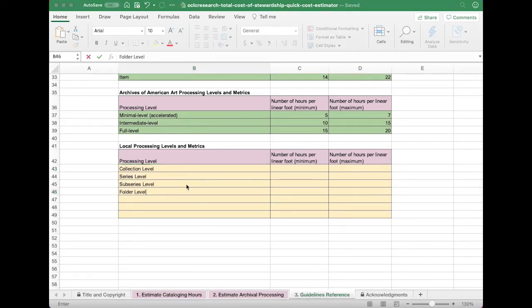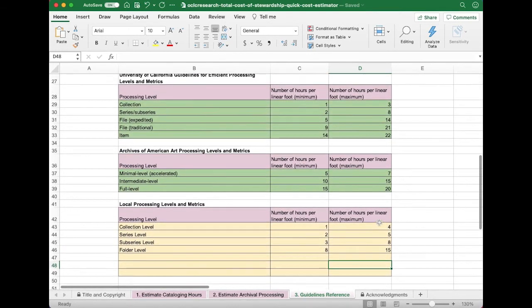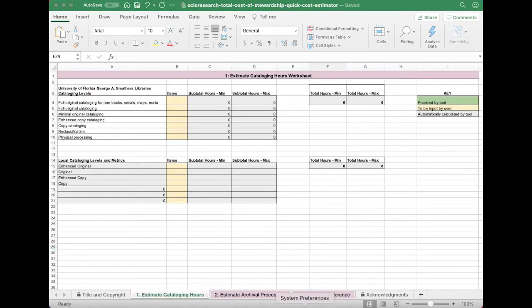Okay, I've specified my 4 levels, and now I'll go ahead and enter the minimum and maximum hours per linear foot that my model specifies each level will take. There we go. Your local models are specified and can now be used for time estimation in the other 2 tabs. Now that we've looked at the models our calculations are based on, let's move on to tab 1, Estimate